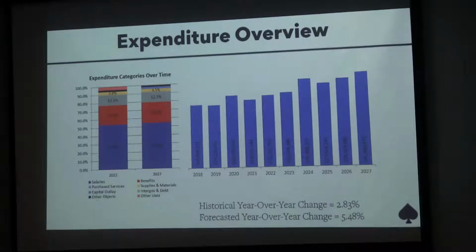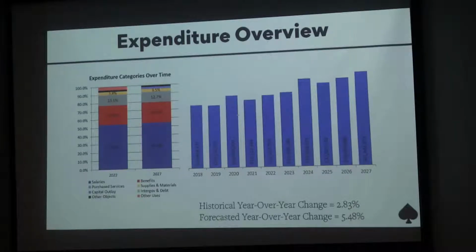Okay, so then moving on to expenditures. Unlike on the revenue side, the graph on the left here shows the breakdown of the expenditure categories and how they change over time, and there's really not much change here. But the item to highlight is that salary and benefits make up 75 to 80% of our total budget. So when you're talking about expenditures exceeding revenue by $2.9 million, well, this is what's driving a large majority of that.